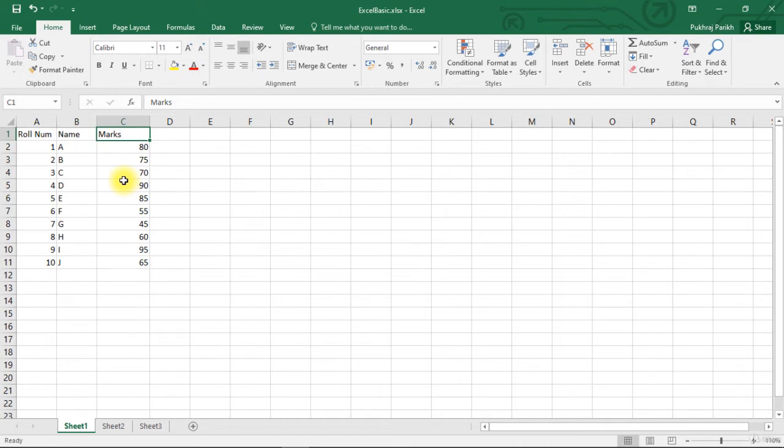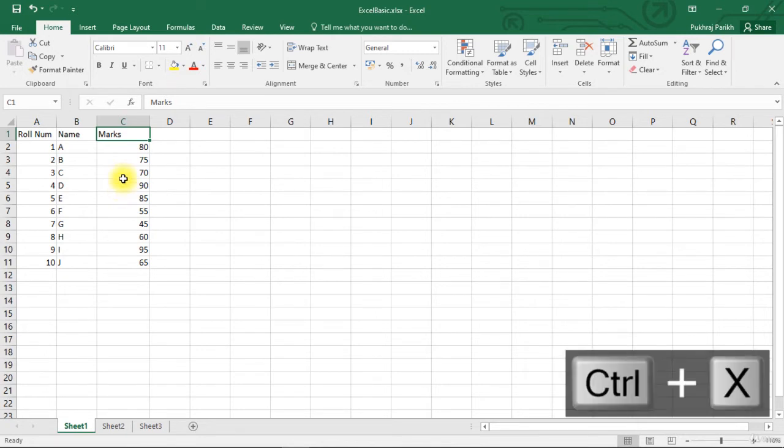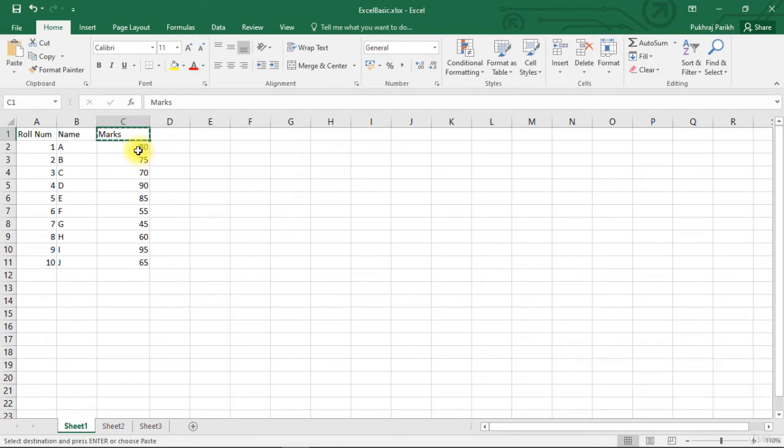The keyboard shortcut for cutting is Ctrl plus X, that is, hold down the Control key and then press the X alphabet key. When we do this, you can see again that a dotted border comes around the selected cell.